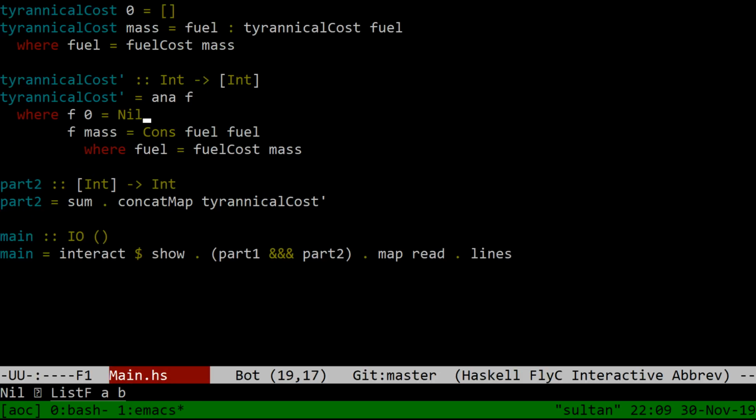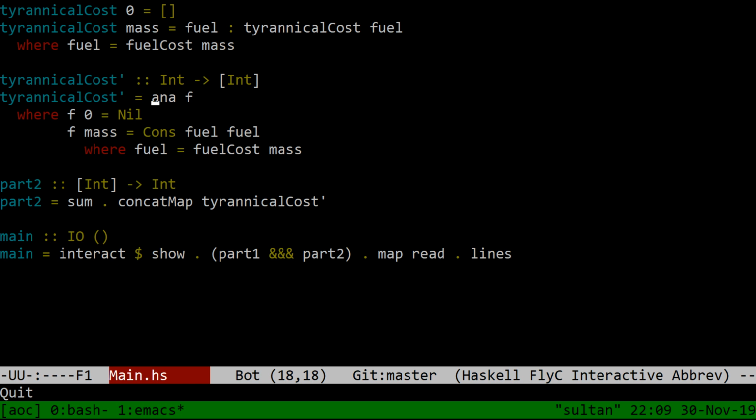No recursion. Obviously, it's worse, right? This is a worse, uglier solution. But it kind of has the cool property that we didn't implement any of the recursion by hand, right? The concept of building up a list of values while maintaining some internal state about how to keep building up lists has been encapsulated in this ANA thing, an anamorphism.